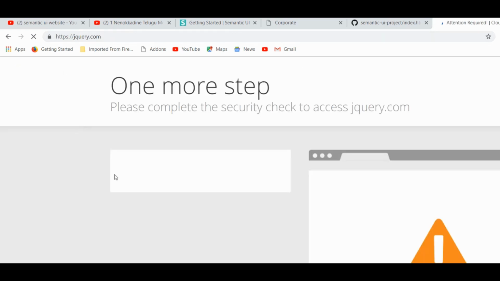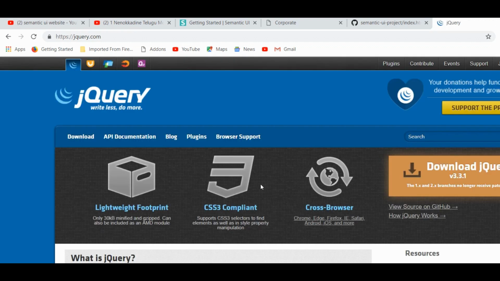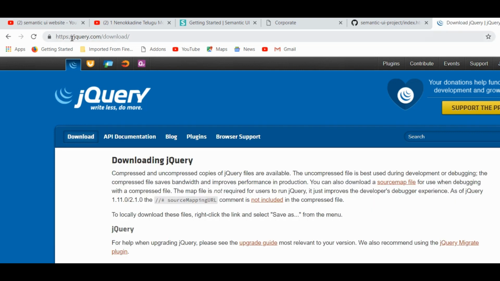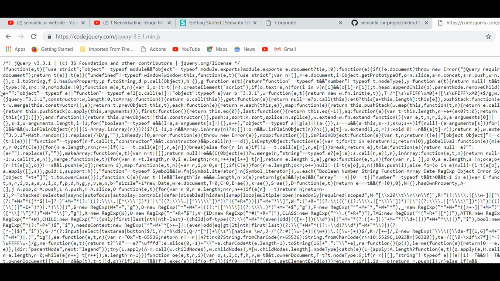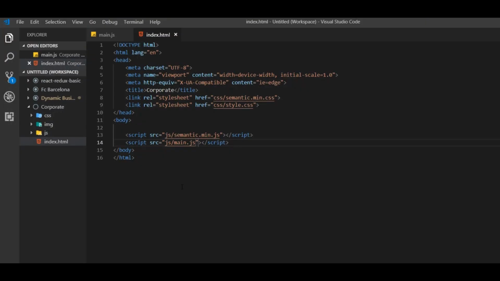One more thing I need to add, that is jquery. Search for jquery, and this is asking for captcha. Download jquery from this website, jquery.com/download. Download this production version if you want to use this jQuery for your production purpose. Ctrl A for select all and Ctrl C for copy. Make a new file inside this